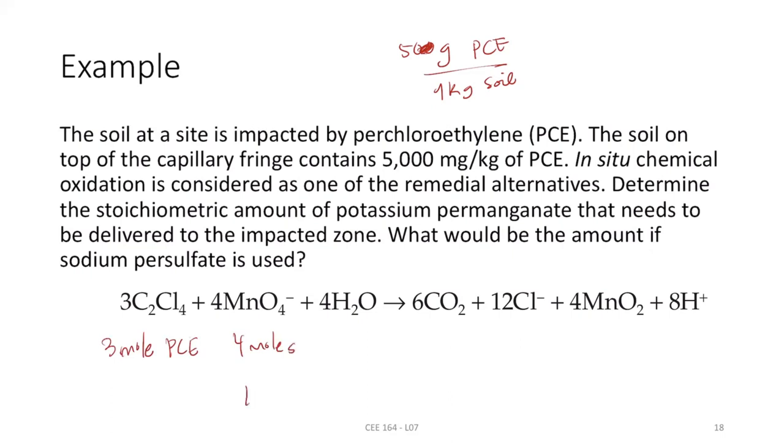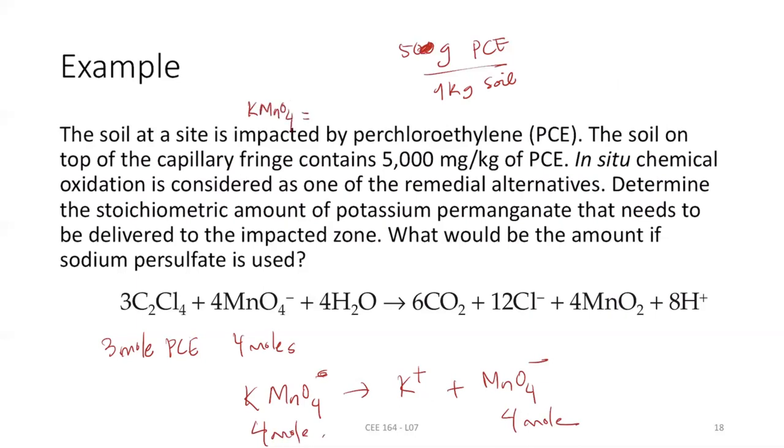KMnO4 is the same as potassium permanganate. So if you have 4 moles of this, you need 4 moles of potassium permanganate. So I ask what is the amount of potassium permanganate needed. So the KMnO4 amount is